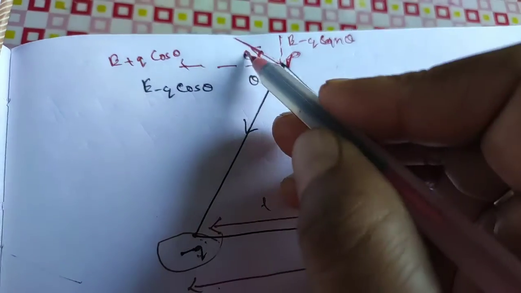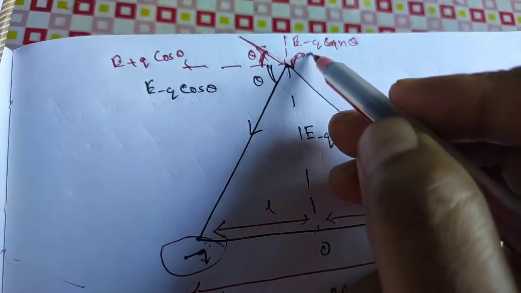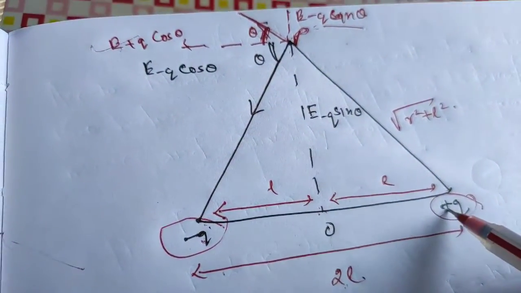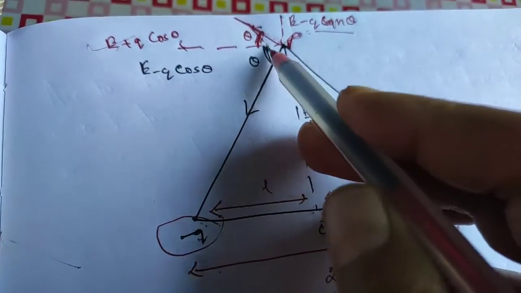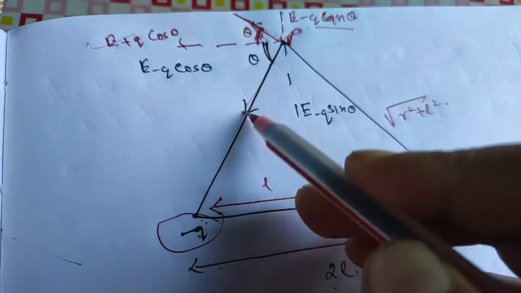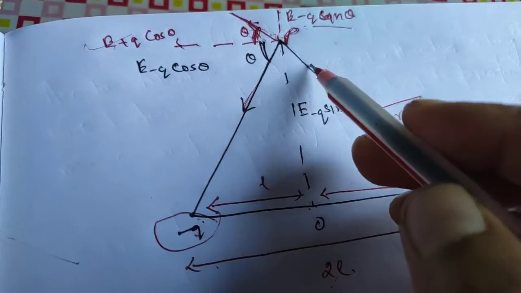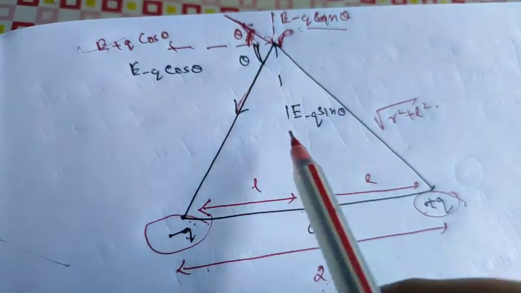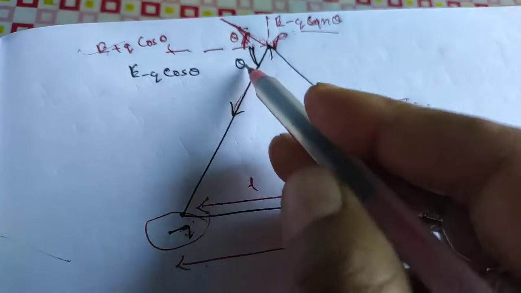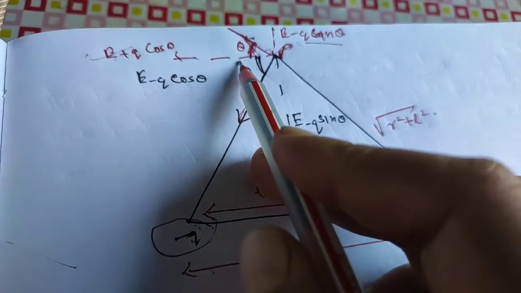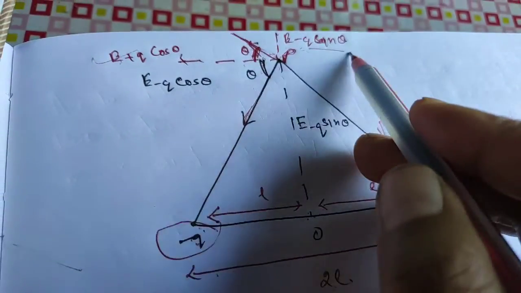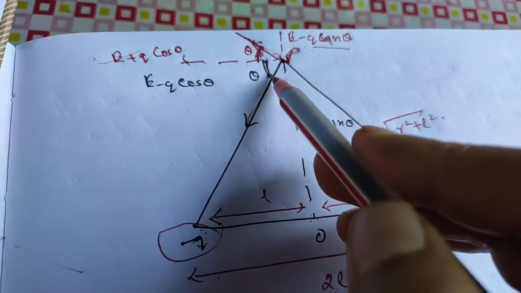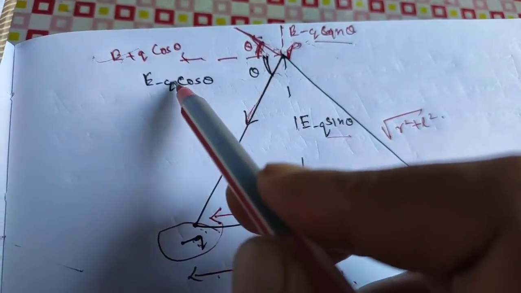The field at P is divided into components at this red theta. You can see two components: one is sin theta and the other is cos theta. Similarly, for the positive charge I have taken the resultant component like this, and again I have taken an angle here as theta. So this theta is for the positive charge and the red theta for the negative. Let me clear the diagram once again, student. Negative in black color, positive in red color, and both are split into two components. Red: sin theta and cos theta. Black: sin theta and cos theta.